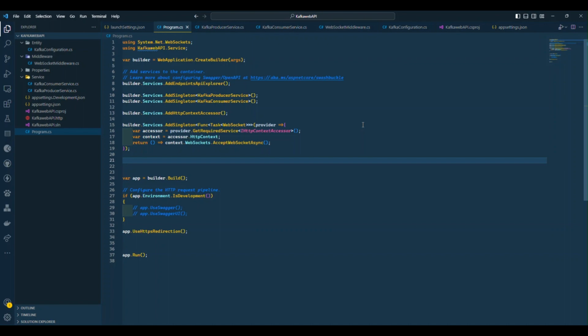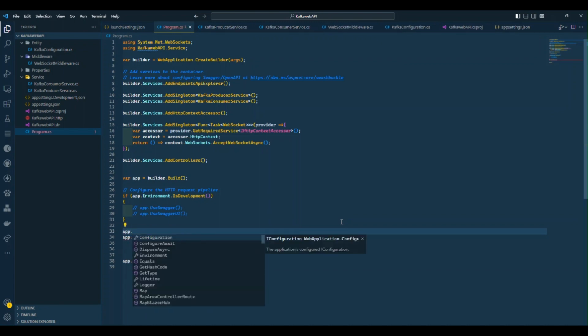We will need to add controller to entertain our request, so we will also add controller service, add controllers, and after that for building we need to call the CORS as well, because we need to use our application in the web application, and the web application will be running on the other server service. So use CORS and sorry,